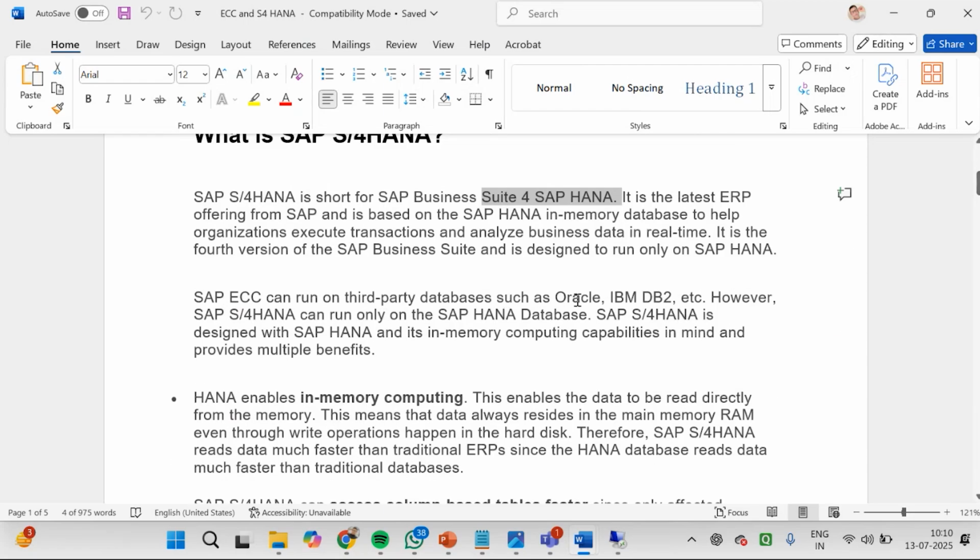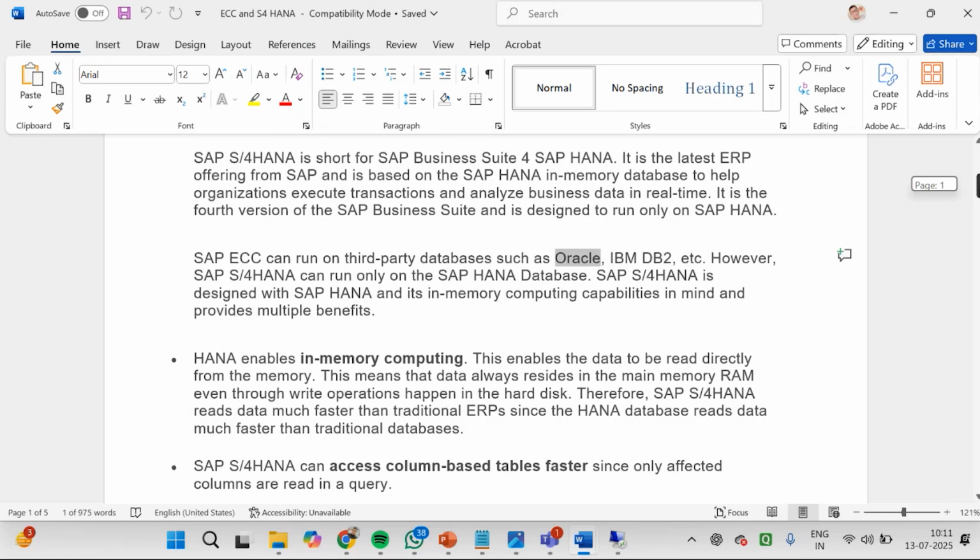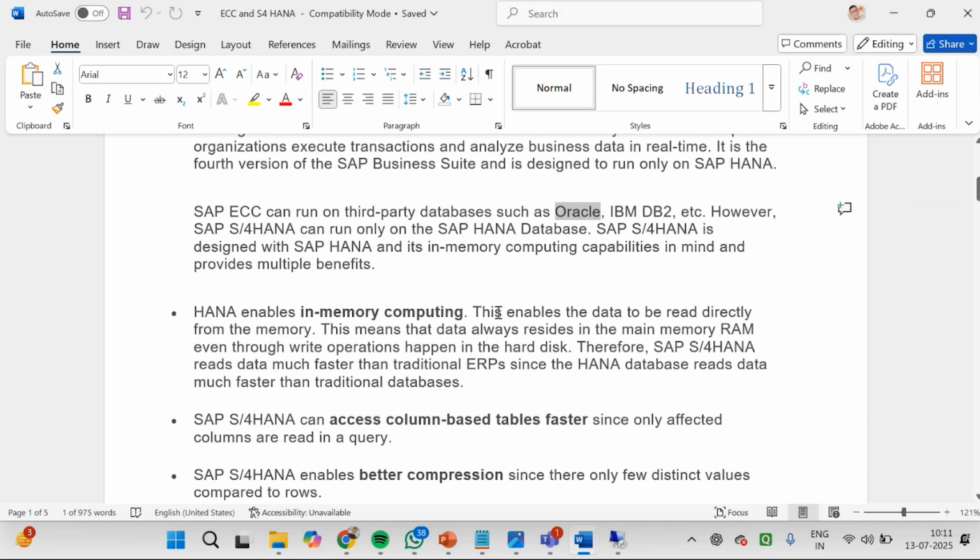ठीक है, तो ये कॉन्सेप्ट है। और ECC क्या था? पहले थर्ड पार्टी डेटाबेस पे चलता था, ECC जो ओल्ड वर्जन था, वो थर्ड पार्टी डेटाबेस पे चलता था, दैट इज कॉल्ड Oracle. Oracle was giving support to SAP for third party data mapping. But now SAP has introduced their own database, HANA in-memory computing database. Okay, HANA technical. ये थोड़ा टेक्निकल ज्यादा है, इसमें हमको टेक्निकल पे ज्यादा नहीं समझना है,